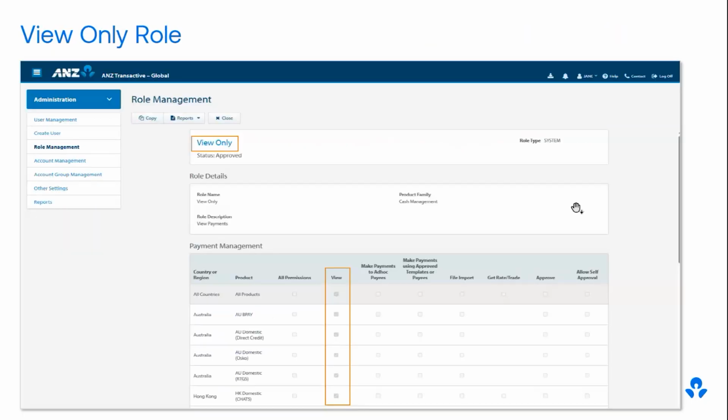Have you ever needed to create a user who needs to see everything but shouldn't be able to action anything? We've introduced a new cash management view-only role. When you assign this role, the user can see all the important details such as payments across all regions, direct